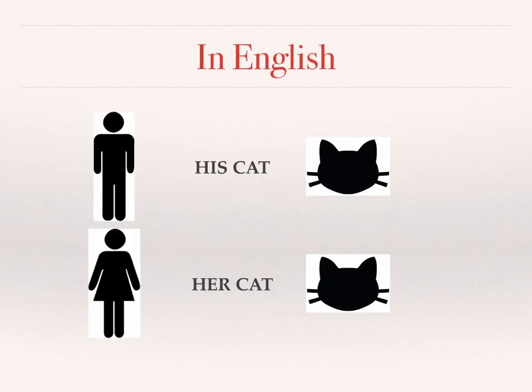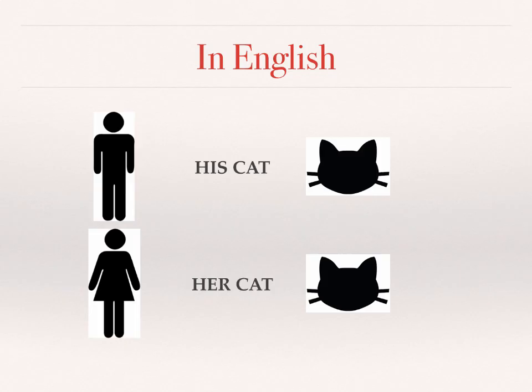So here is where English speakers have a difficulty. In English, if you want to talk about the cat and you want to say that it's his cat because the owner is masculine, a boy, you're going to say his cat. If it's a girl who owns the cat, you're going to say her cat because the owner is a female, is a girl, it's feminine. Well, that's the opposite in French.